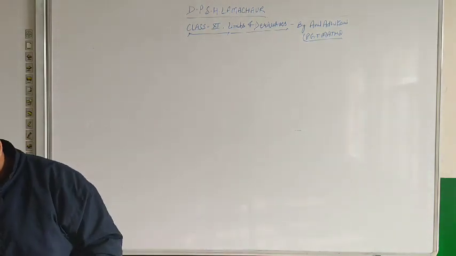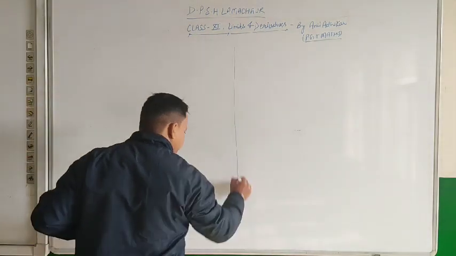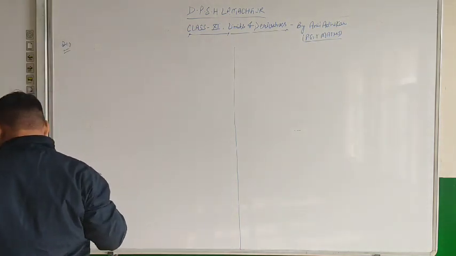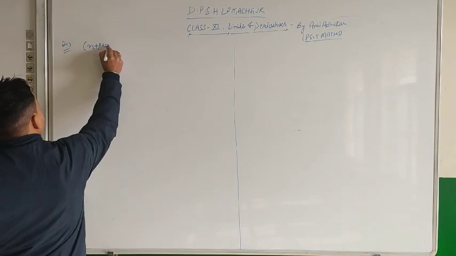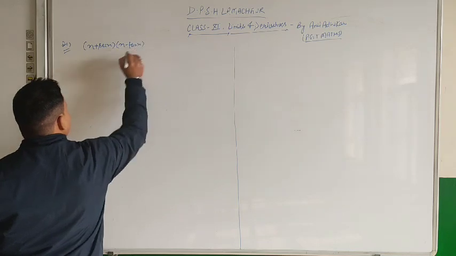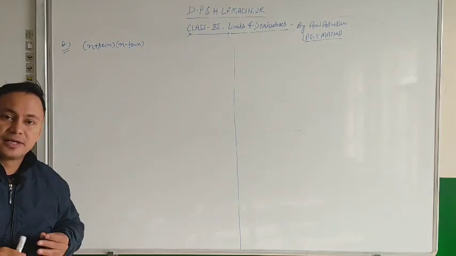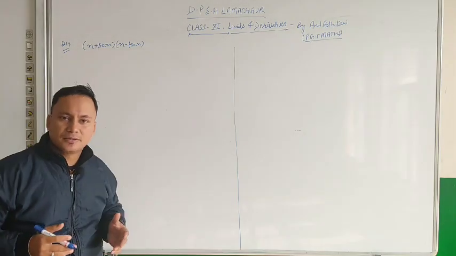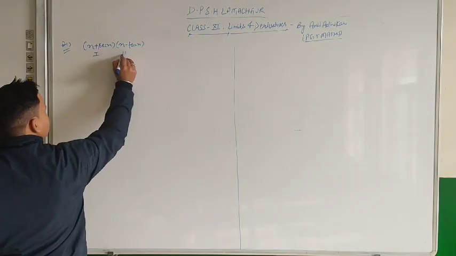The very first question I am taking here is to find the derivative of (x plus sec x) in one bracket and (x minus tan x) in another bracket. This is the function given, and we have to differentiate it with respect to x, or you can say find the derivative of this function. It is clear from the function that we can apply the product rule. This is the first and this is the second function.